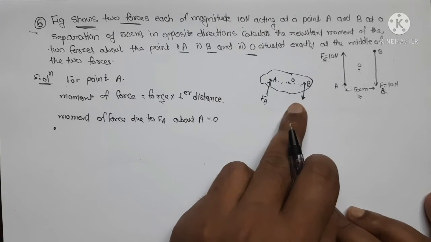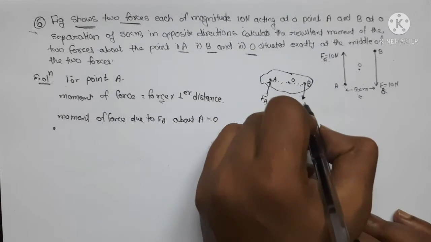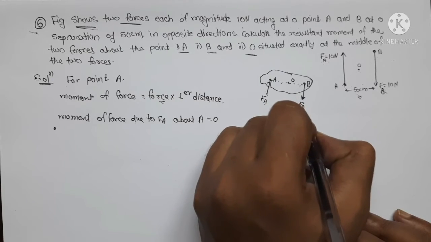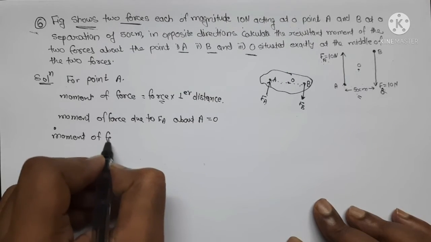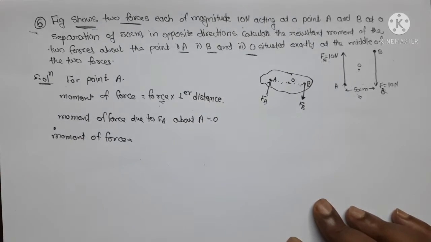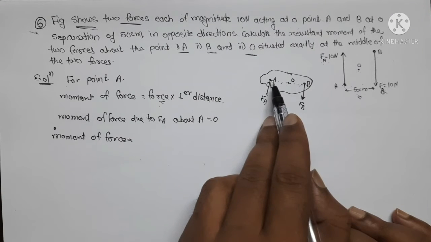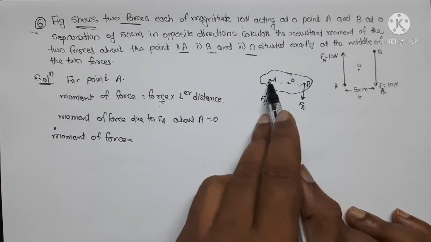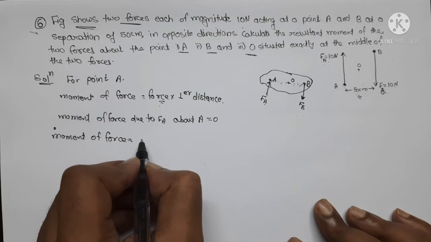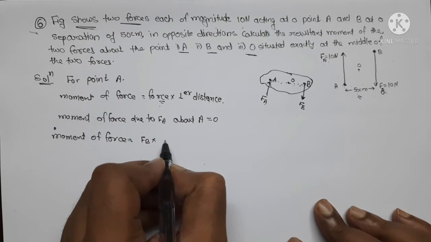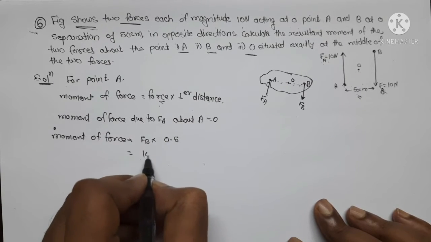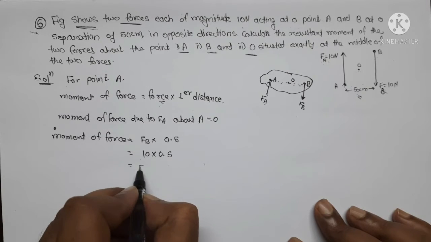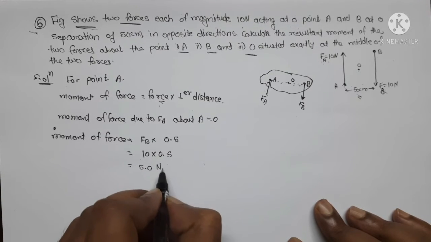Okay, now for the second case: about the same point, but because of the force FB. Again the same formula, moment of force is force into perpendicular distance. This force is acting at this point and we want to find the moment about A, so the force is at a distance of 50 centimeters from the point A. So we write FB, the second force, into the distance, 50 centimeters, which is 0.5 meter. FB is 10 Newton, so 10 into 0.5, 10 times 5 is 50, and with the decimal point it becomes 5 Newton meter.